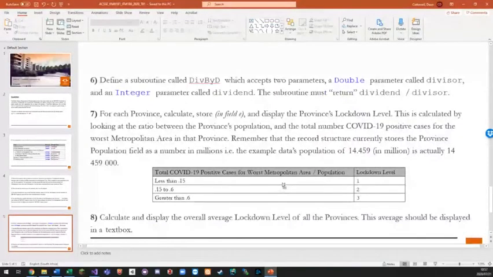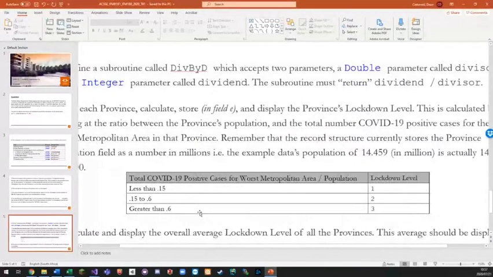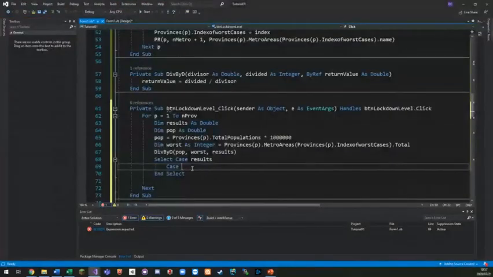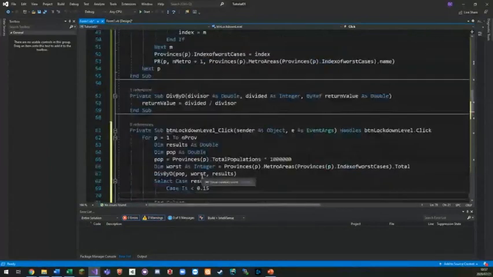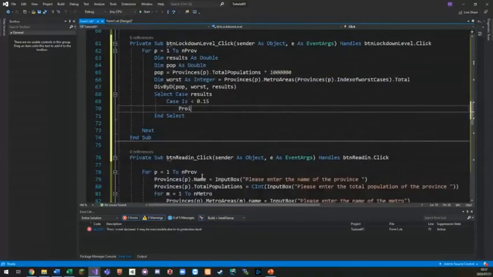Let's zoom in a bit. So we have these options. We have less than 0.15, we have 0.15 to 0.6, and greater than 0.6. So we're going to filter those into the select case, and we're going to work from there. So is less than 0.15. Lockdown level is 1. So province